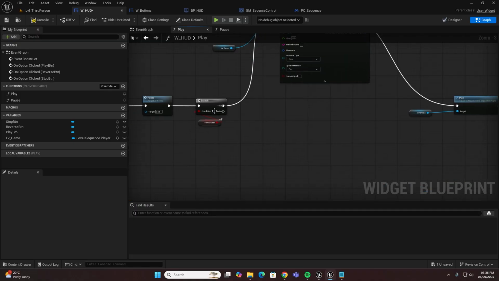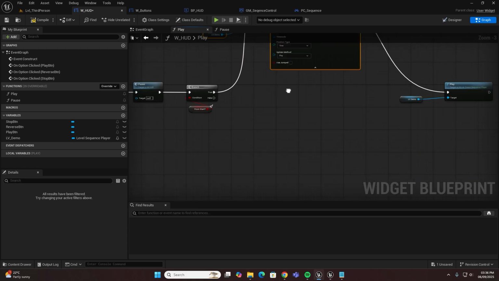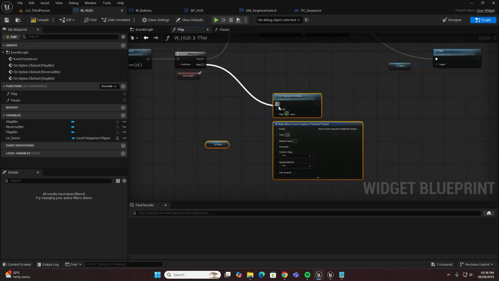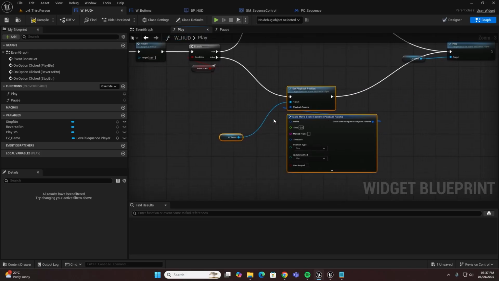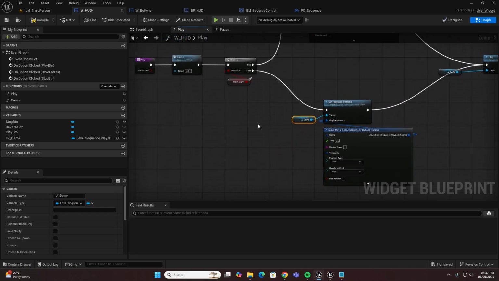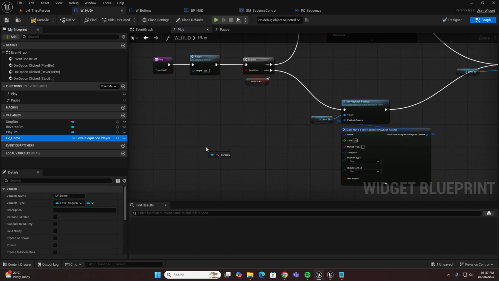And now for when we don't want it to play from the start, so we want it to continue where it currently is, let's just copy this here, paste it down here, and we also want it to play from its position, so get play there. And in order to get the current time that it's at, we need to go level,